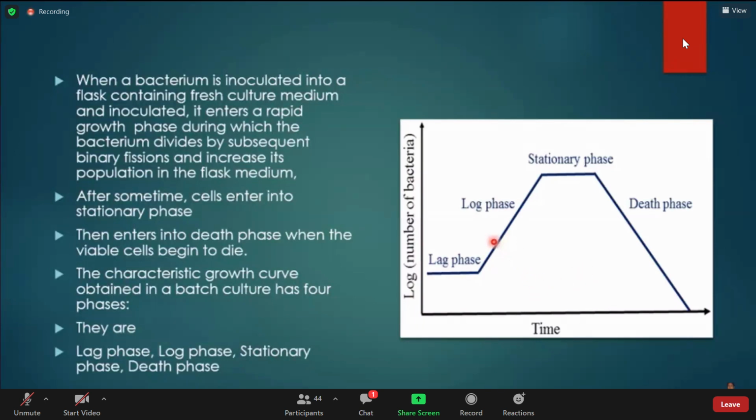Okay. Now, the characteristic growth curve obtained contains how many phases? Four phases. Those are all the four phases here. Now, this is all about a batch culture system. That means we take a bacterium, inoculate it into a fresh culture medium and incubate it, and it has to undergo all the phases, from the initial incubation to the death phase, in the same culture medium flask. That completion of its life cycle or phases in the closed environment of the medium is called a batch culture system.